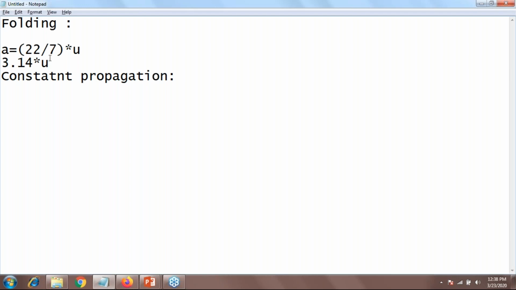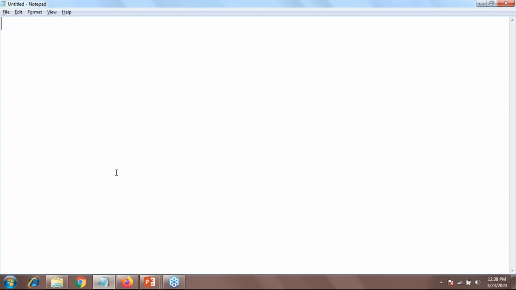Okay. Now, what is the constant propagation method? In the constant propagation method, as we have discussed earlier, the constant value replaces the variable name. Like if I have pi multiplied with I, as well as the constant value for pi equals 3.14 and the I value is something like 9, right?